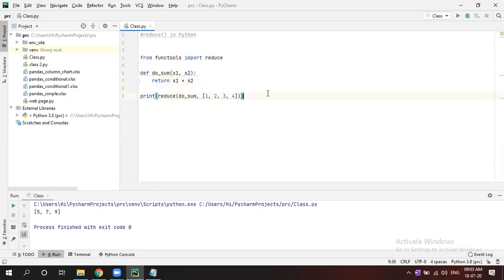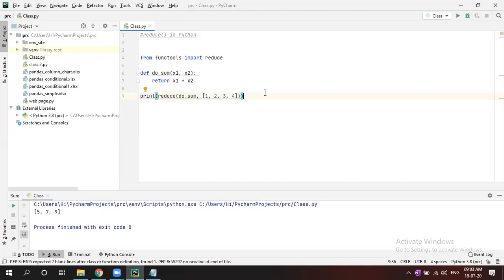So for reduce, you have to use a library called functools. Functools is nothing but a library, and from there comes the reduce function. You can use that. I want the output to sum up whatever is inside the list. I want the sum of everything. So how to do it? Using the reduce function. Call reduce, then that function, and the list you can pass here, 1, 2, 3.